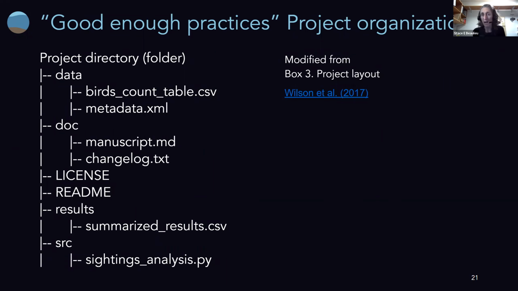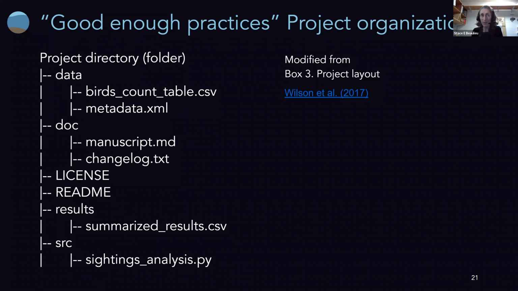In SRC, source, you're seeing a .py indicative of a Python script. So the script is being kept in a different folder than the data. License, by the way, we will talk about licenses in module 4. And documentation, you're seeing a manuscript marked in markdown, the .md, and a change log, and a README as well. If this was a project README in a folder, I often have a README for project folders, as well as if I had a repository for code, I would have a README there too.